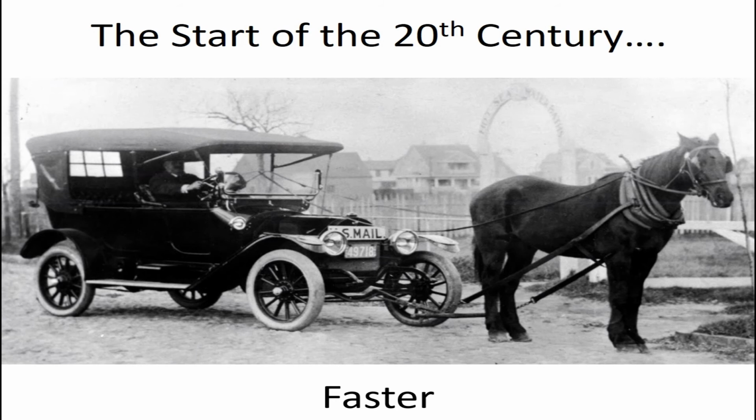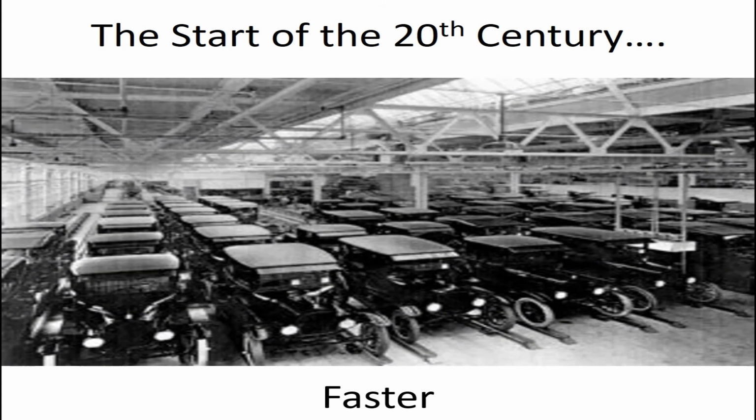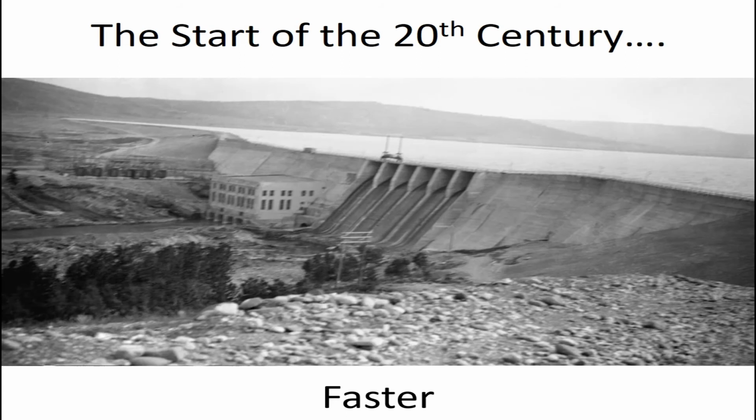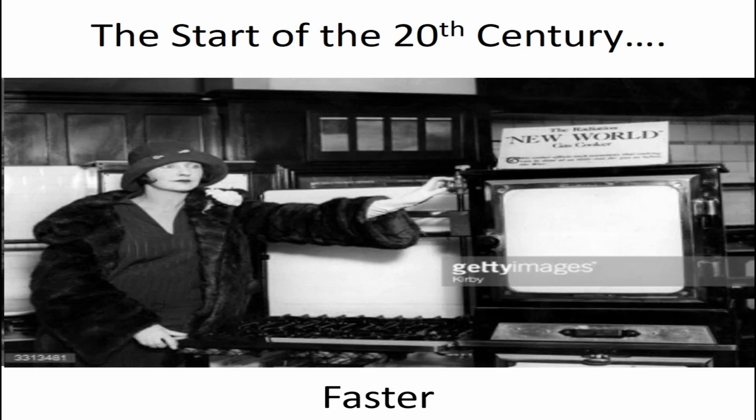Now, things were starting to move faster, quite literally. There was the mass production of high-volume goods on the assembly lines, particularly of automobiles. There were new ways of generating power that were fueling the new factories. So we had large hydroelectric and thermoelectric power production plants and distribution systems. There were low-cost appliances for the mass market, such as vacuum cleaner and washing machine and electric cooker.